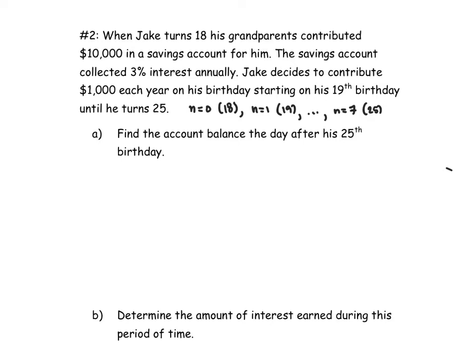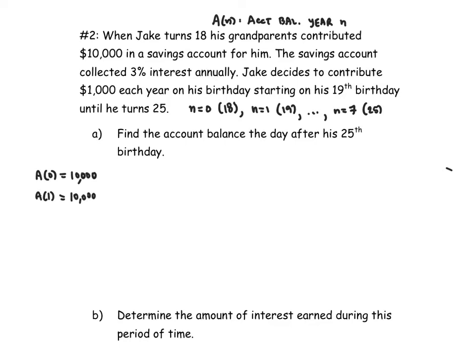Okay, so that means, let's talk first about what his account balance would be, and we'll call it A of t, or A of n, the account balance in year n. Year n would be the number of years since he turned 18. So in year 0, A of 0, Jake's grandparents contribute 10 grand. Great. So in year 1, when he contributes his first $1,000, he will have